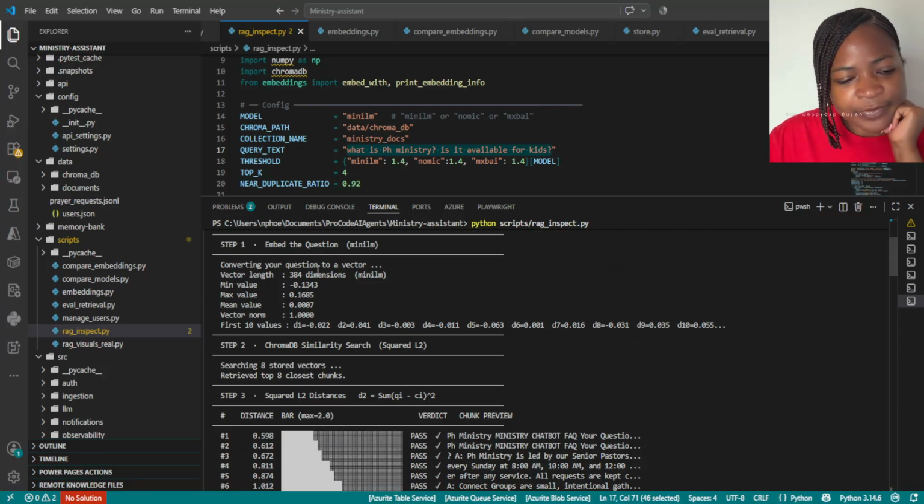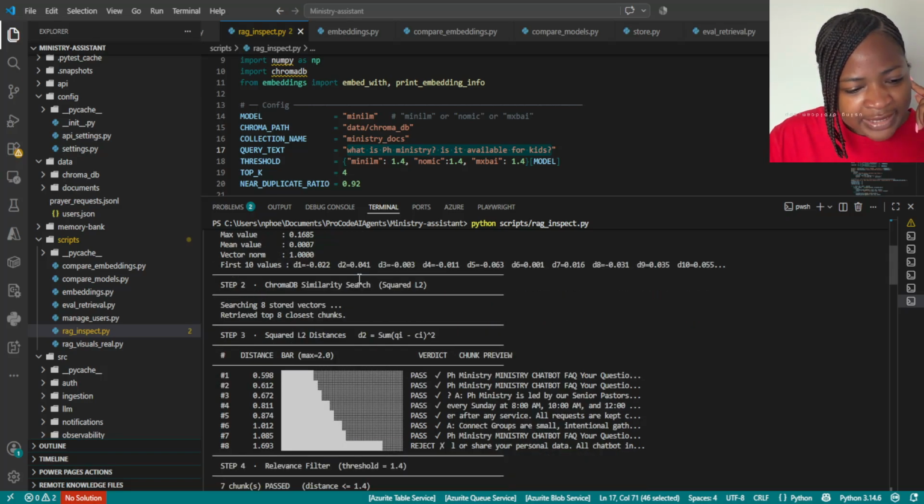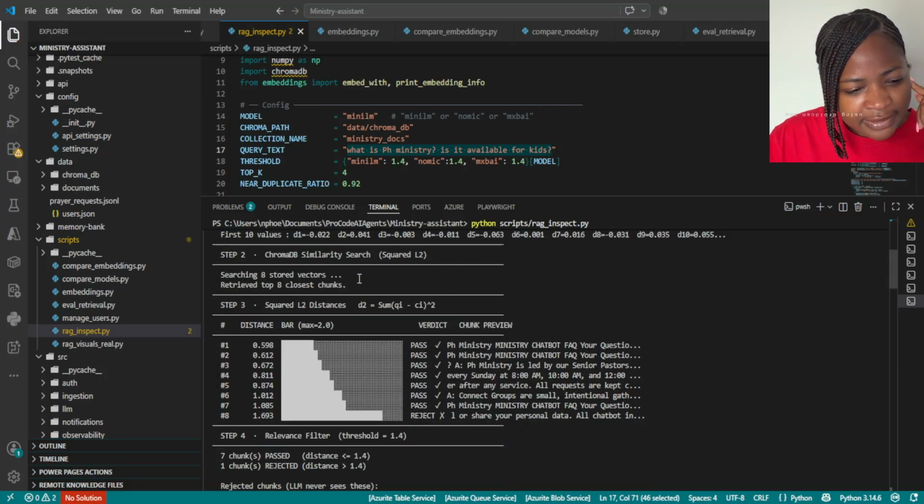You see, the vector length is 384, and it's supposed to get the top 12 closest chunks, but